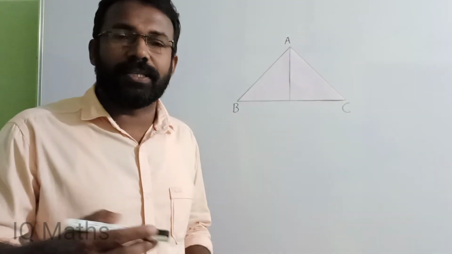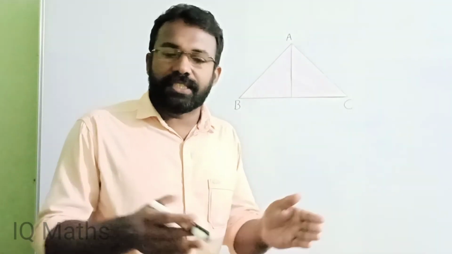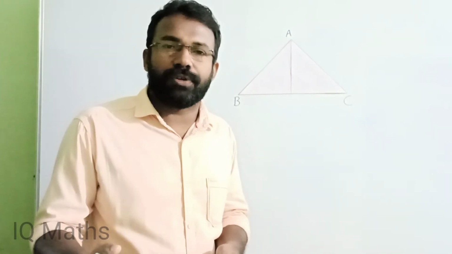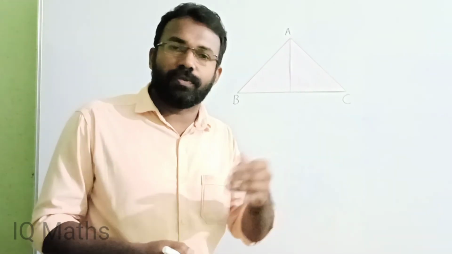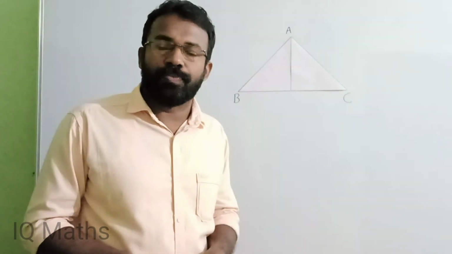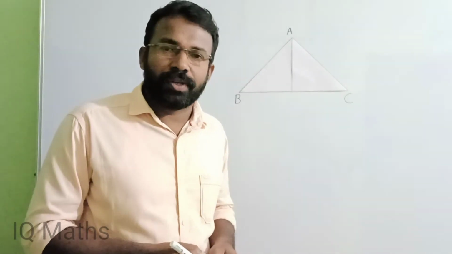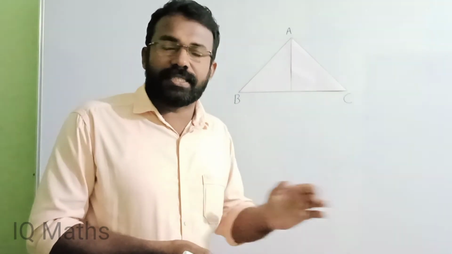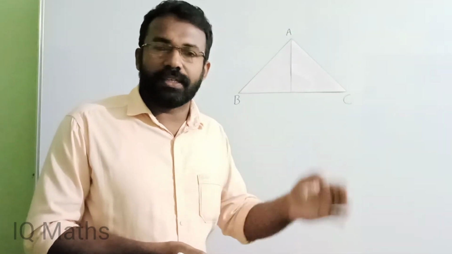Today we are discussing the 8th chapter of CBSE Standard 10, that is Introduction to Trigonometry. We are continuing the same session, that is trigonometric ratios of some specific angles. We know what is sin 45, cos 45 and tan 45 from the last session. Sin 45 is equal to 1 by root 2, cos 45 is equal to 1 by root 2 and tan 45 is equal to 1. Similarly, sec 45 is equal to root 2, cosec 45 is equal to root 2 and cot 45 is equal to 1. Today we will discuss sin 30, sin 60, cos 30, cos 60, tan 30, tan 60 and their reciprocals.